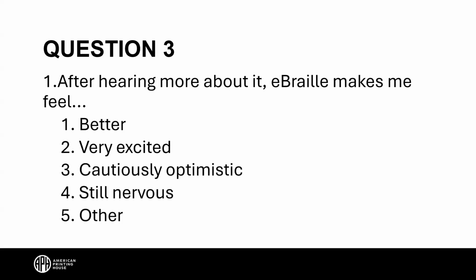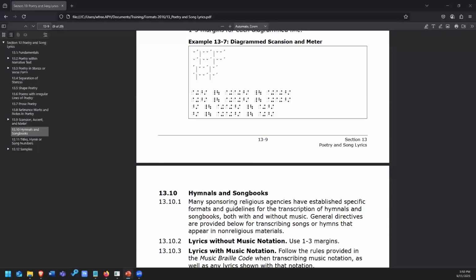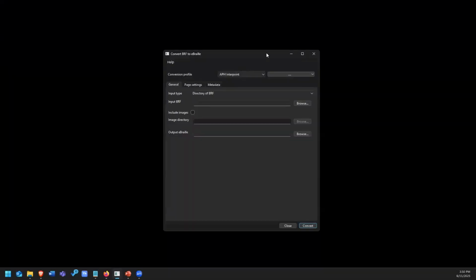Yeah, and I can answer that question quickly. eBraille works really well. The question's about Music Braille formatting, and eBraille works really well with Music Braille because of how Music Braille puts the importance on the beginning of the line. Because of that, we know where the beginning of the line is. We can do special markup to make sure that's clear, and we can handle line breaks and all of that cleanly.